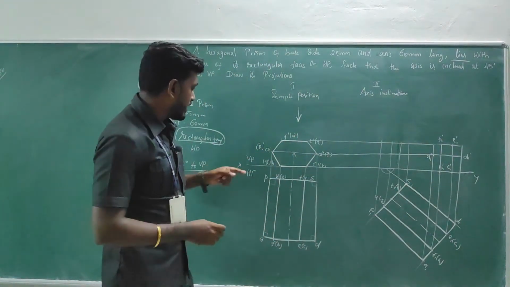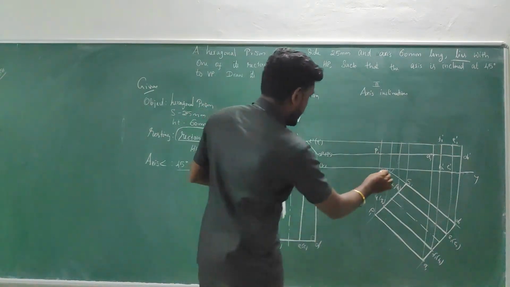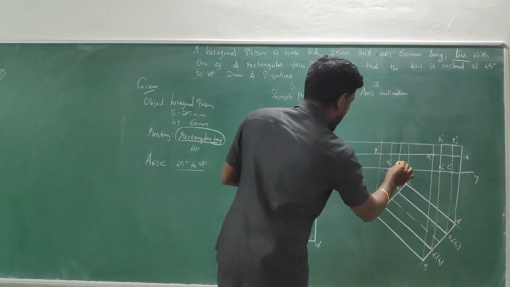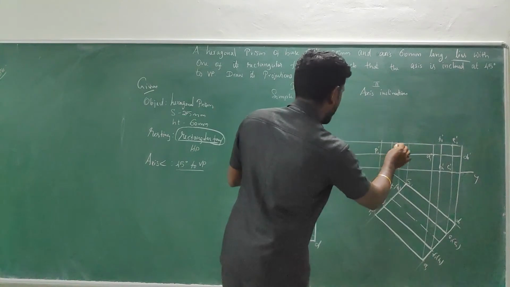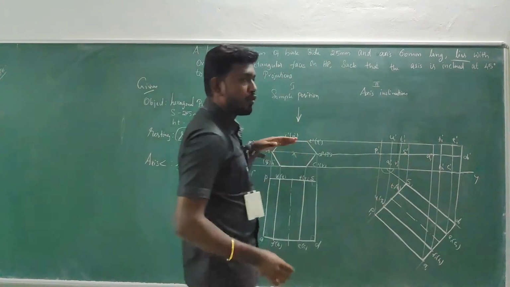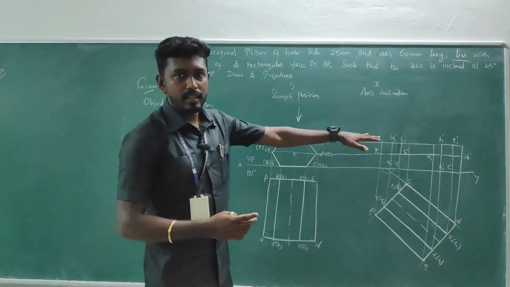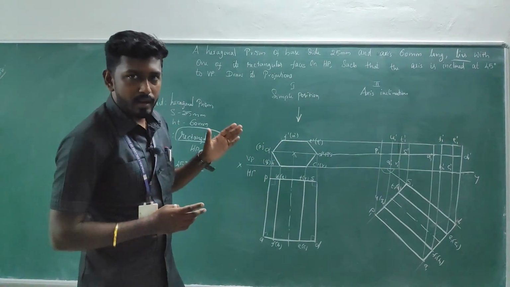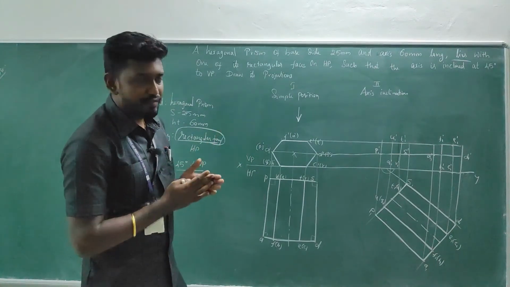What about the rear base? Horizontal and vertical. This would be your P1 dash. This would be your Q1 dash. This would be your R1 dash. This would be your S1 dash. This would be your T1 dash. This would be your U1 dash. Go for the intersection of horizontal and vertical projector. That particular thing should be named. Okay. So now it's the final stage to conclude the shape of the final front view.